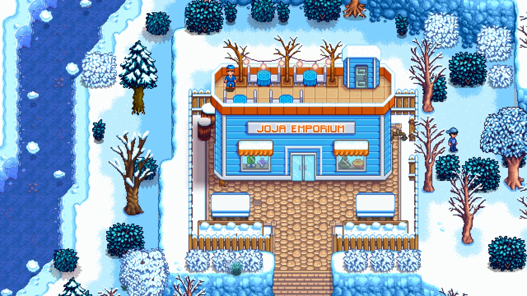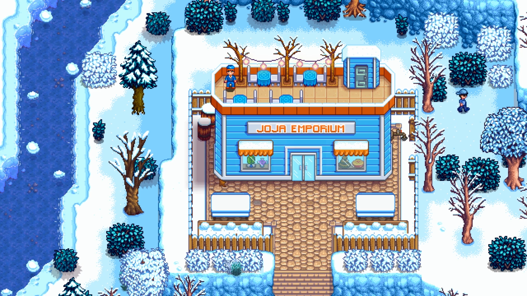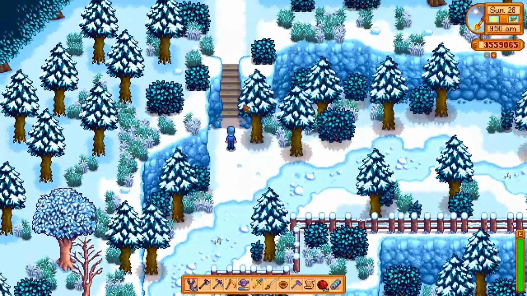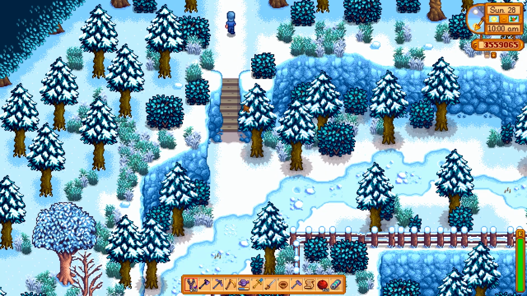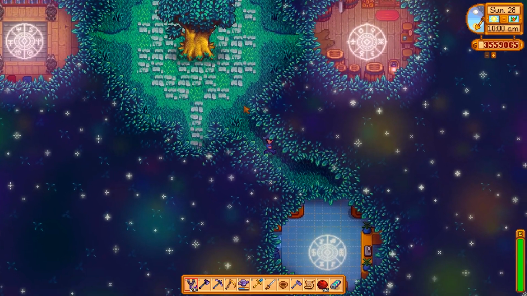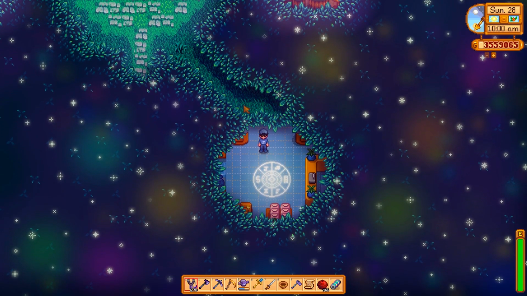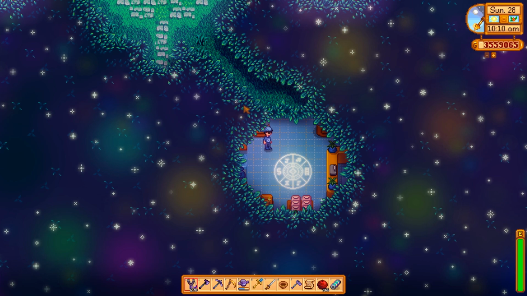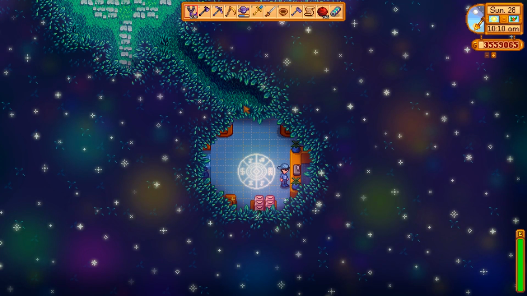First immediate thing I'm greeted with here is a little cutscene where I'm creating a warp rune for the Joja Emporium. That's handy. Using a Joja Cola, of course. Very fitting. Okay, so that should be in the Nexus now. And indeed it is. Looks like we're going to be getting a full Nexus as Joja farmers in this update. Look at this area. Perfect. Just like the Emporium. Let us use this rune portal and...